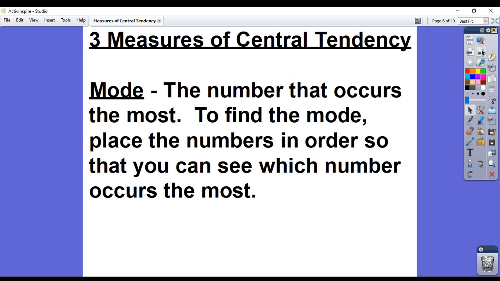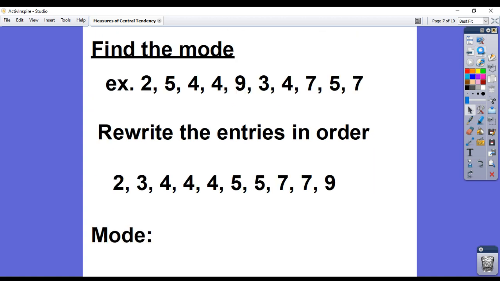The mode is the number that occurs the most. To find the mode, we'll place the numbers in order the way we did for the median so we can find out which number occurs the most. Placing the numbers in order is important because it makes it a lot easier to figure out what number occurs